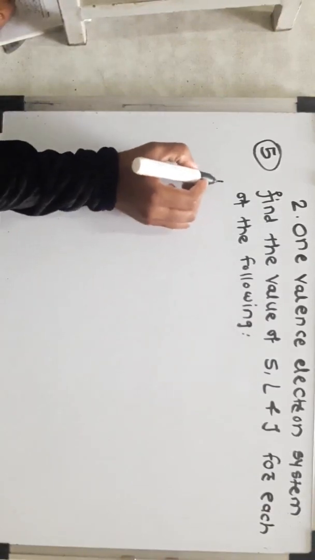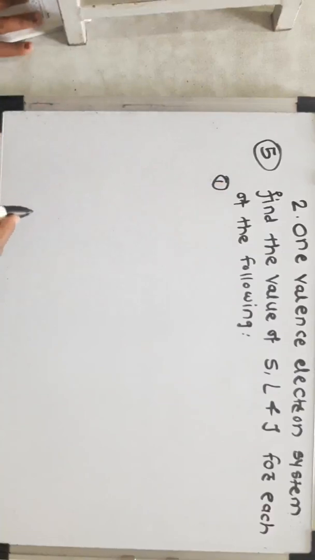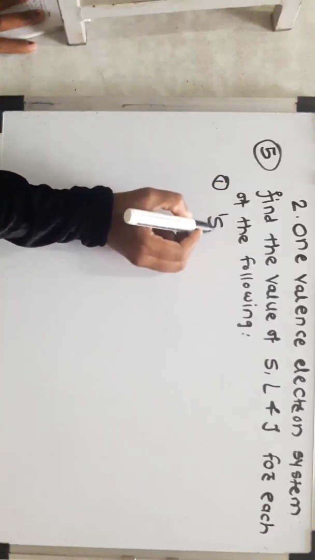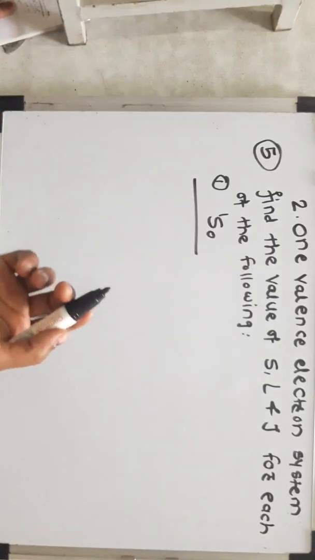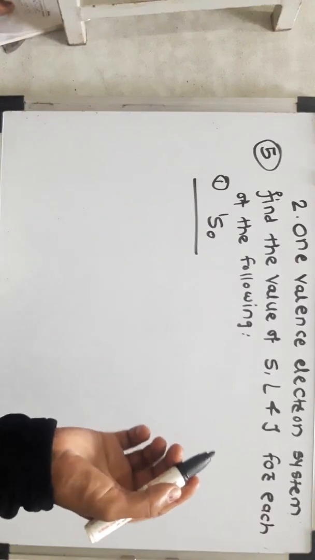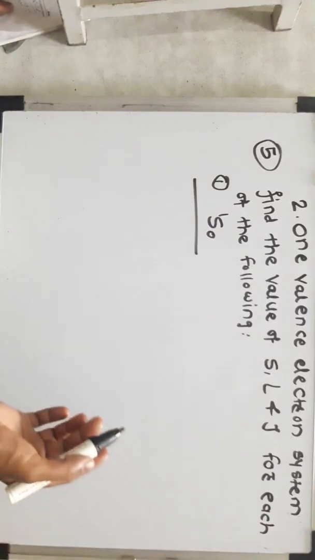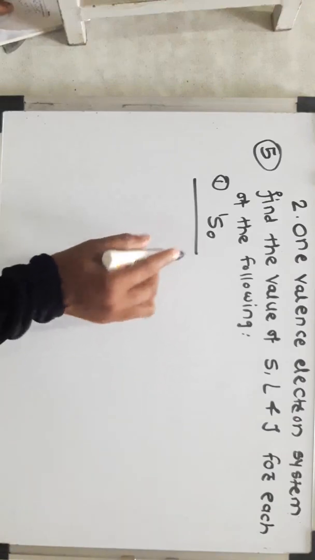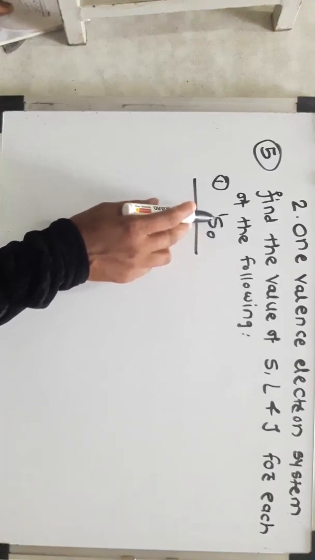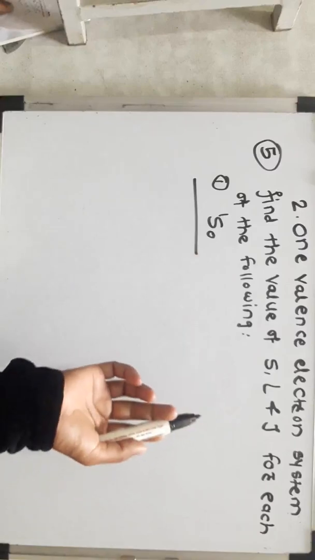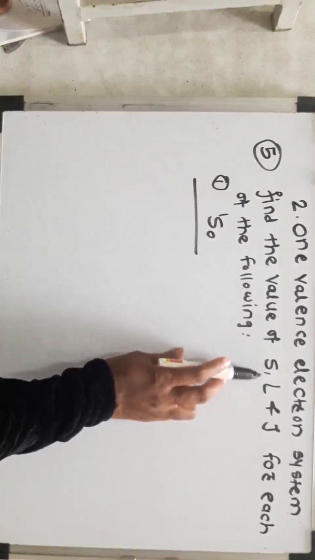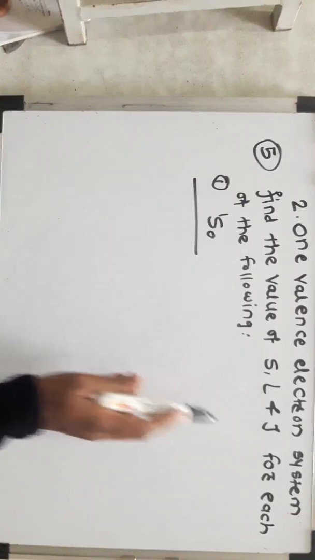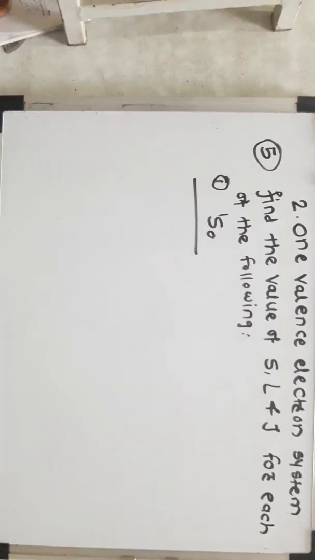The first problem is an 1S0. In the last lecture we already discussed that if you are given the value of S, L and J, then you will find the atomic state. In this problem you know the atomic state, and you have to find the value of S, L and J. S is the spin quantum number, L the orbital quantum number, and J the total angular momentum.